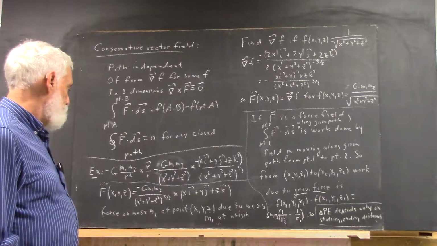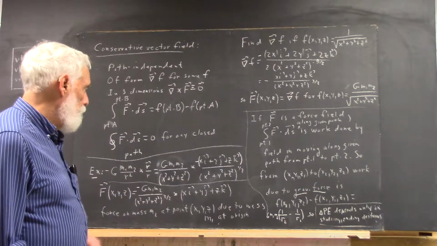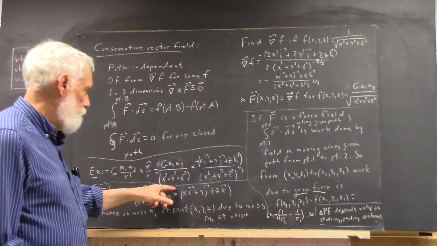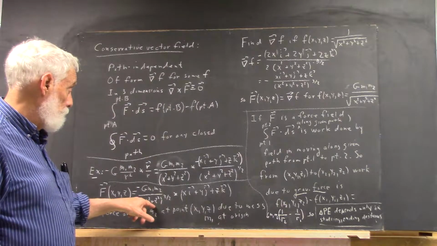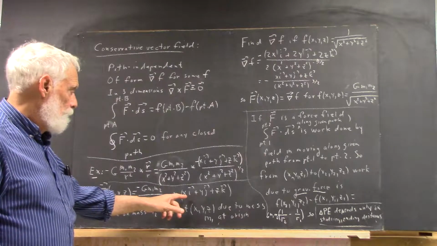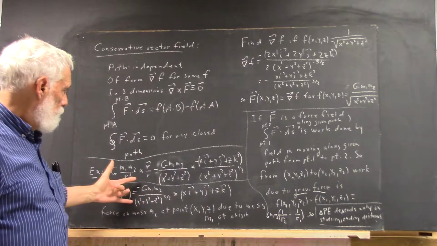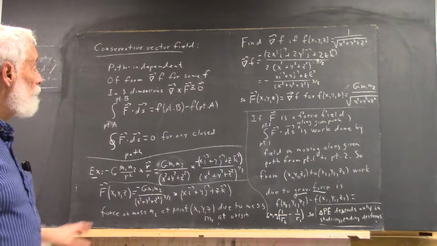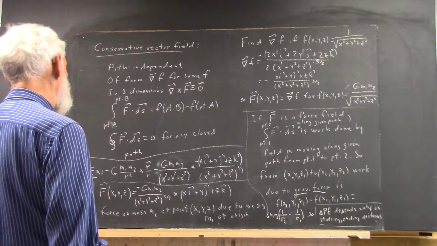Now, and then we put it into this form. We bring the minus back out in front here. And we take this x squared plus y squared plus z squared to the 1/2 and multiply it by the x squared plus y squared plus z squared to get x squared plus y squared plus z squared to the 3/2. And now our vector is just xi plus yj plus zk. So our force is going to be this scalar quantity times this vector. And then I wrote down what that is, but I've already said it. Okay, now, this